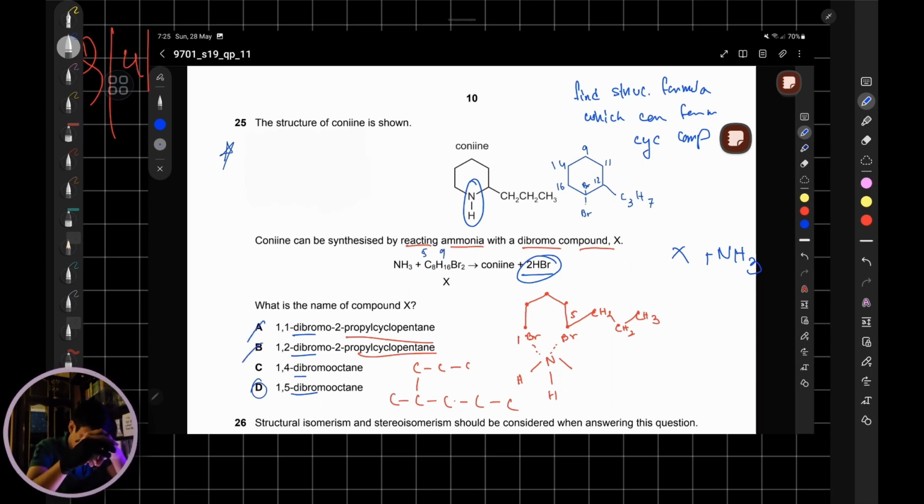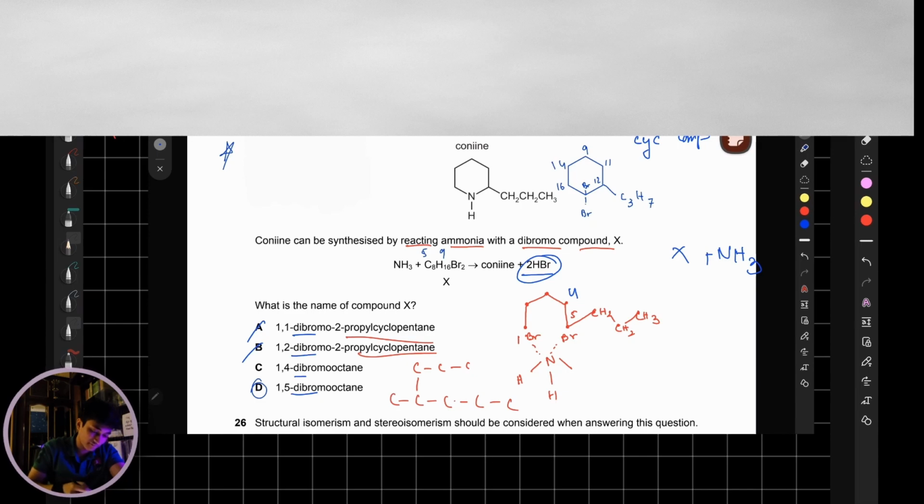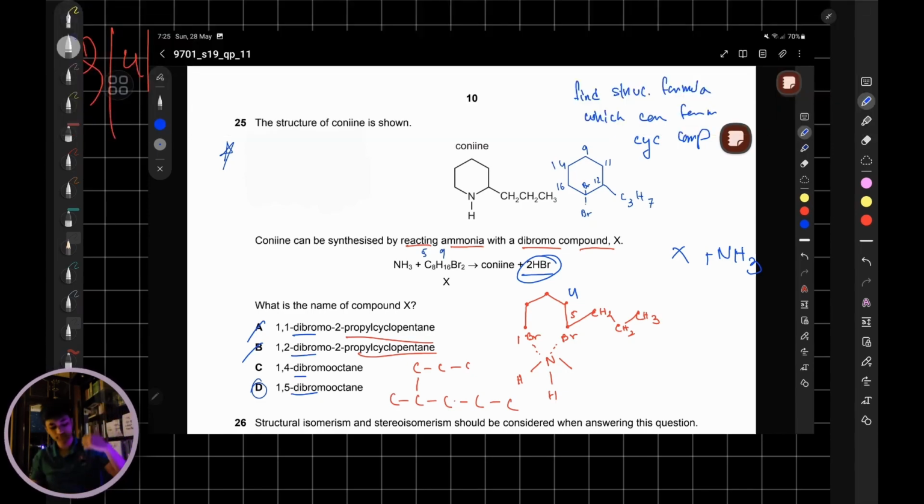The reason 1,4-dibromooctane is not going to work is because between 1 and 4 there are only two carbon atoms, which is why it's not going to connect and form a cyclic compound such as this. If this was not given, you couldn't have figured out between 1 and 4. Or honestly, you couldn't even have figured out between A and B. Right? So that is your question 4, where you're forming a cyclic compound by a substitution reaction